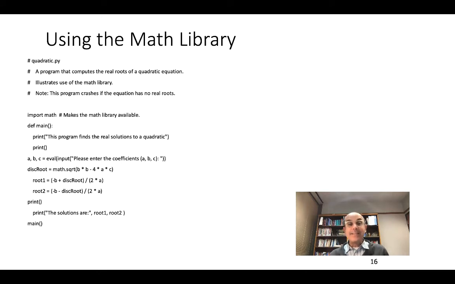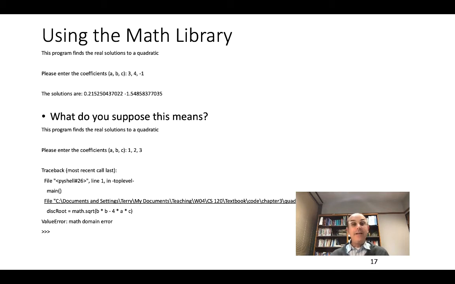And again, this is the math, the idea: define main, and I'm going to say print this program finds a real solution, and print, I'm going to leave it empty, a, b, c, and input, enter the coefficient. This is how we apply it to find that the main is the following solution in line number 3. So what is